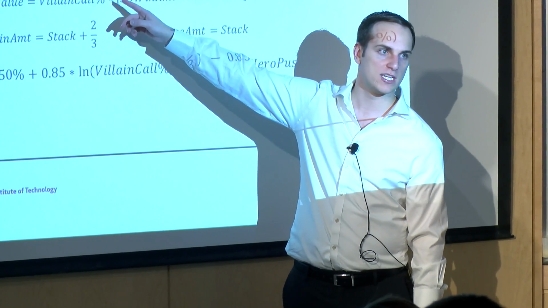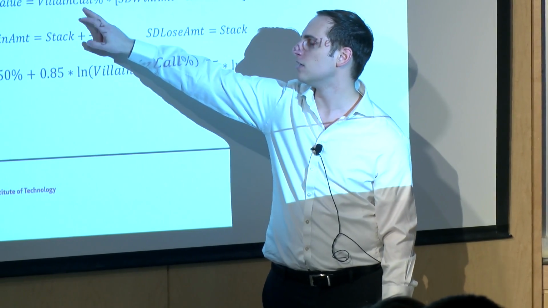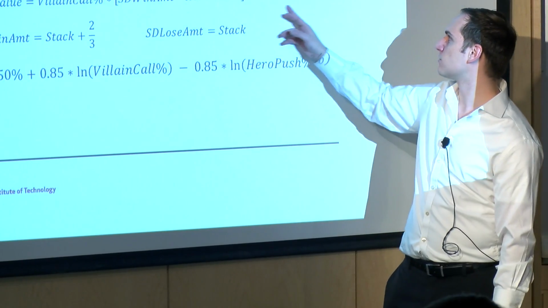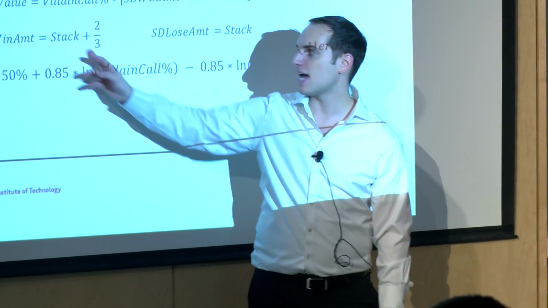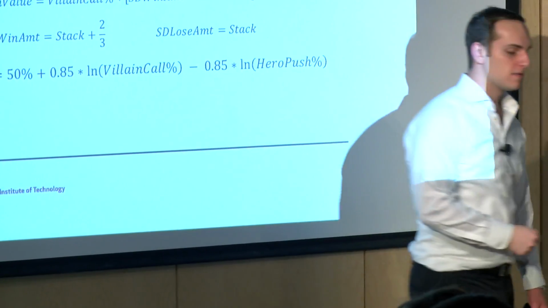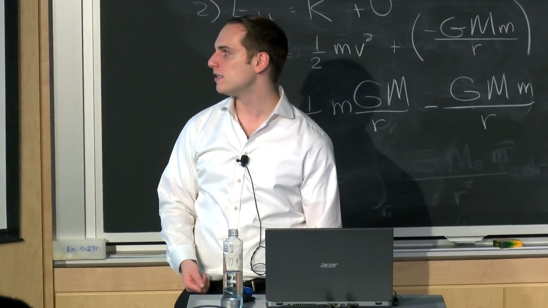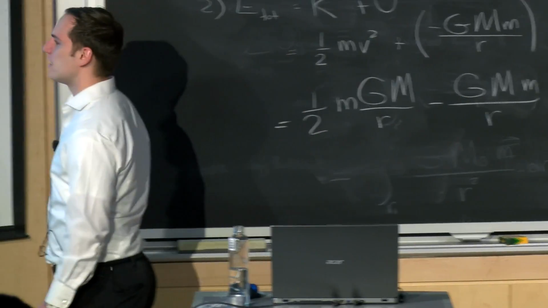the chance of him folding, i.e. 1 minus calling. Our showdown value is the chance of calling times win amount times win percentage minus lose amount times lose percentage. The win amount is going to be stack plus 2/3, because if the big blind is double the small blind, like 1, 2, it means that you win his big blind and then you lose